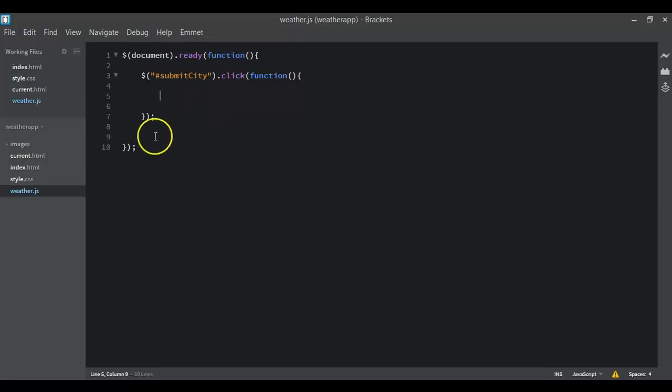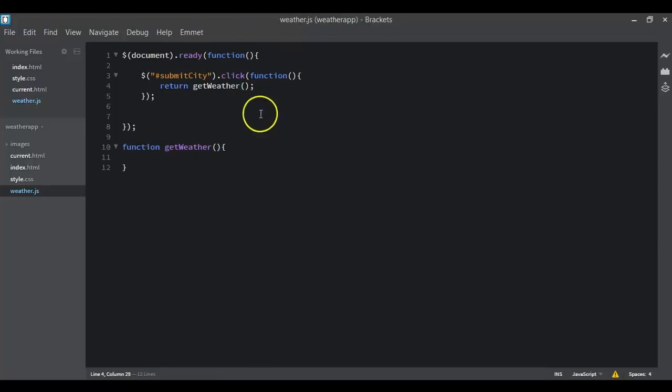I think I'll go with the latter. I'll create the function here. I'll make the Ajax request or the call, then I'll return it inside the click event. So here I'll just copy this. Then what I'll do here is just say return